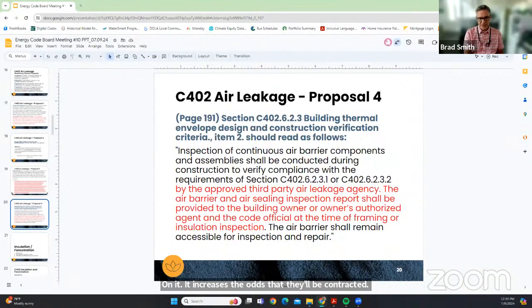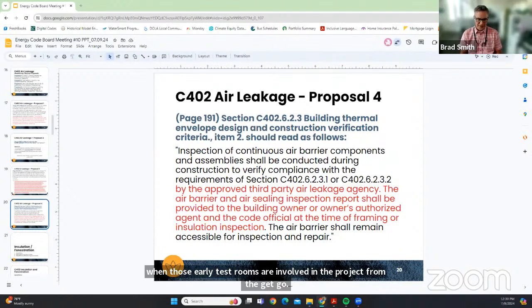The result of this has been dramatic in Fort Collins. When those air leakage test firms are involved in the project from the get-go, the likelihood that they will pass at first test is much, much higher.